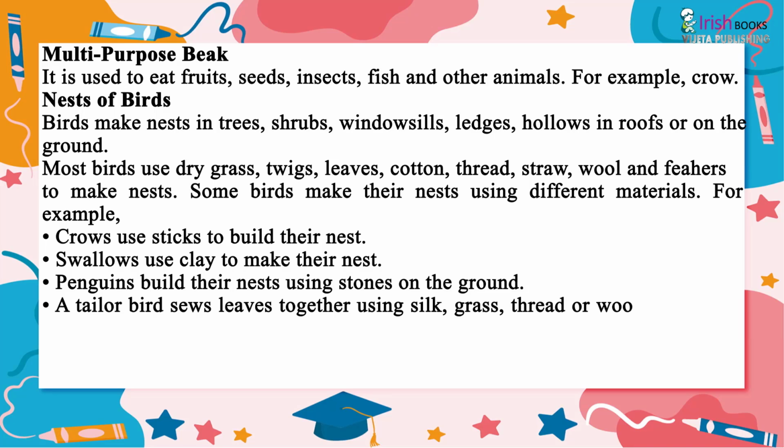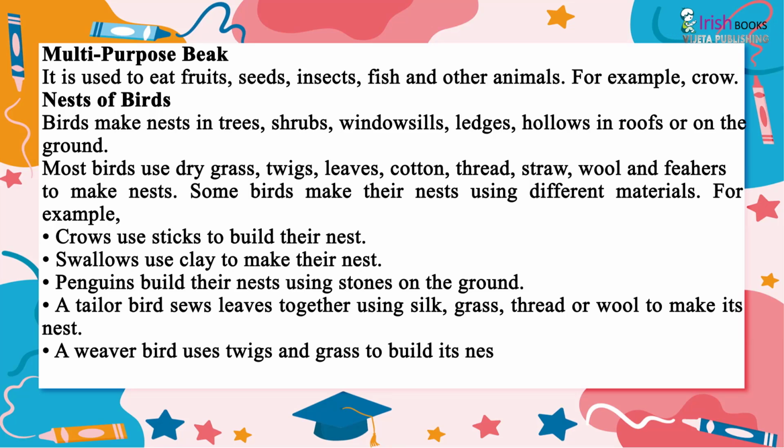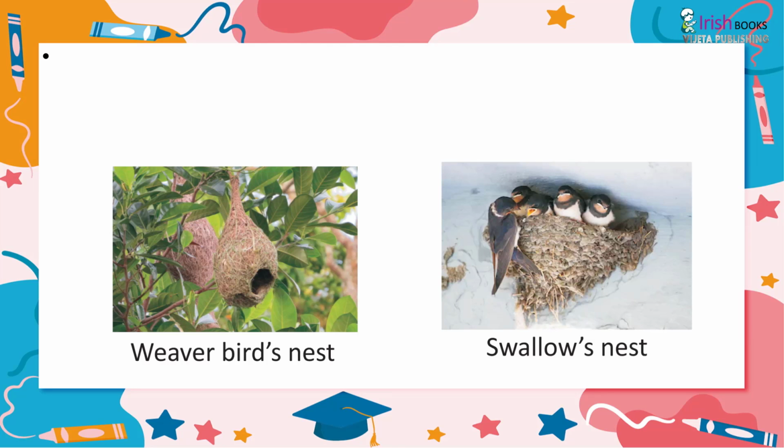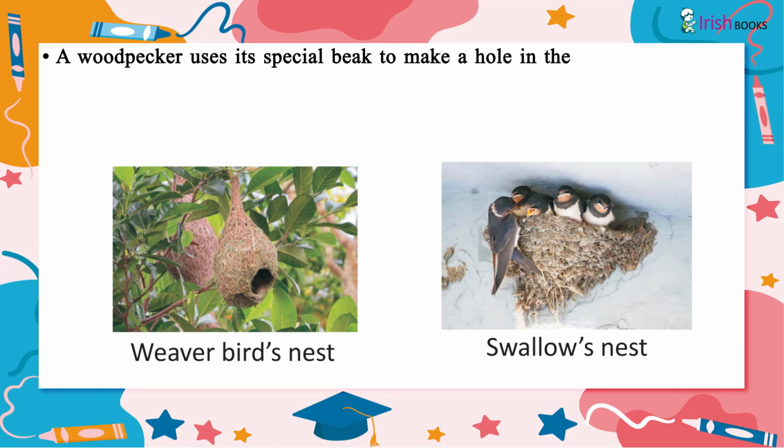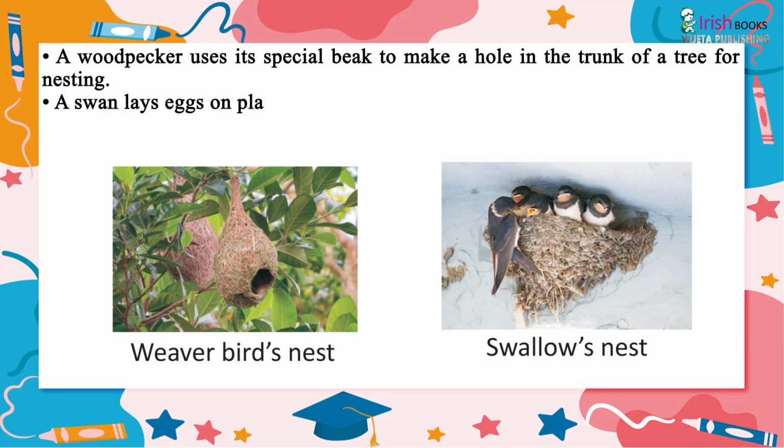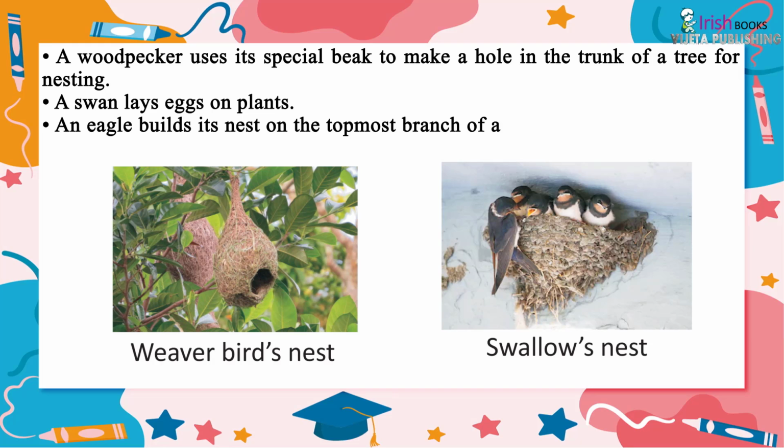A tailor bird sews leaves together using silk, grass, thread or wool to make its nest. A weaver bird uses twigs and grass to build its nest. A woodpecker uses its special beak to make a hole in the trunk of a tree for nesting. A swan lays eggs on plants. An eagle builds its nest on the topmost branch of a tall tree or on a rocky crag that is